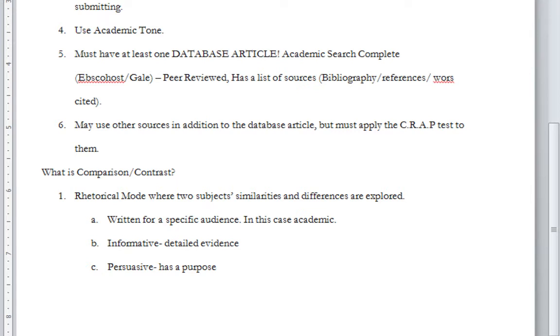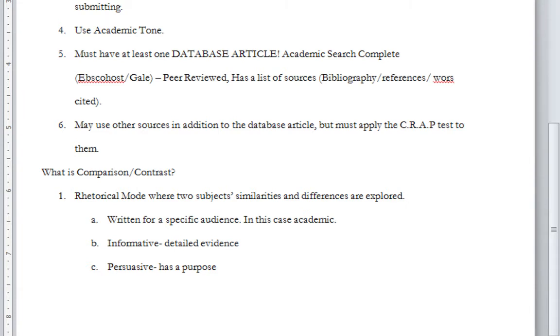So this is literally an exploration of how these two different cultures have created a new sort of cuisine, and that's what makes it important. That's what makes it interesting. So you need to do something along those lines to help you make this argument, to make this paper interesting, persuasive, and informative, as we say.